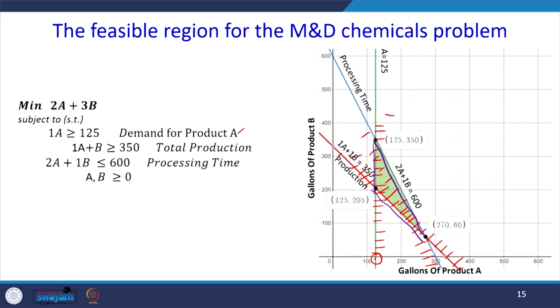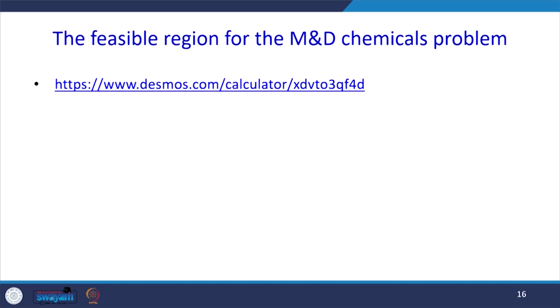What is the next step? We have to select one point from here. Okay. So, we can do it by trial and error, finding a point where the objective function is minimized, that is our solution. But now, we are going to draw an arbitrary value for our objective function. This I will explain with the help of Desmos.